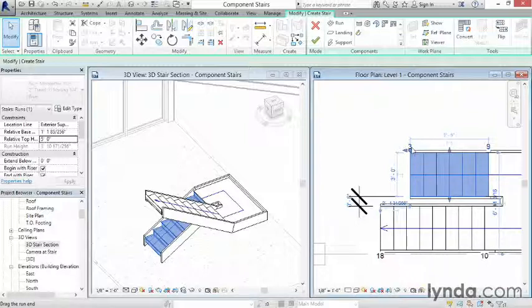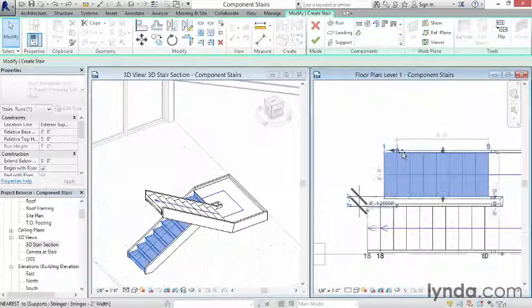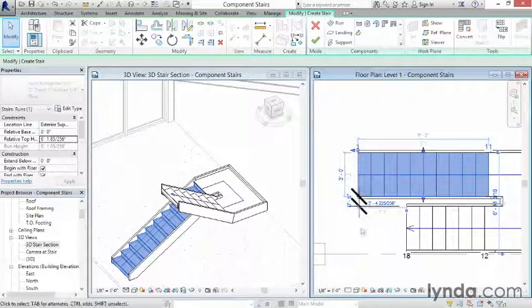And this number confirms that by starting now at number 3. Risers 1 and 2 haven't been placed yet, and the stair is kind of floating up in the air. So I'm going to undo that with Control Z. If I click the run again and use the triangle this time, if I were to drag to the right, you'll see the risers that I'm removing get added to the other run. If I were to drag to the left, you'll see the risers that I'm adding get taken away from the other run. So I'm going to drag to the left and add 2 risers,